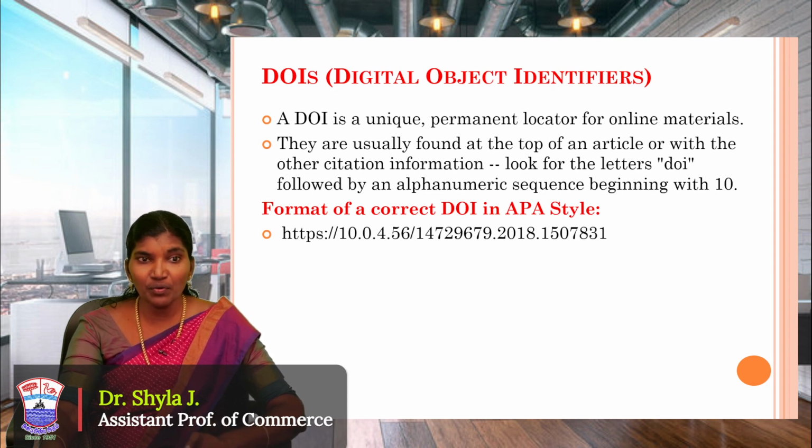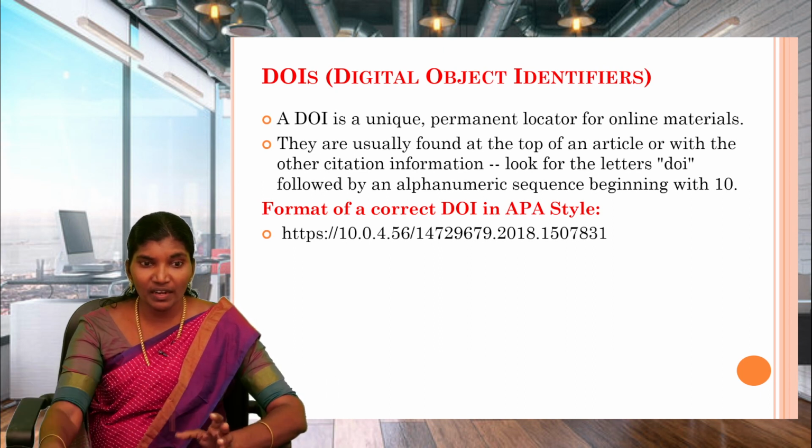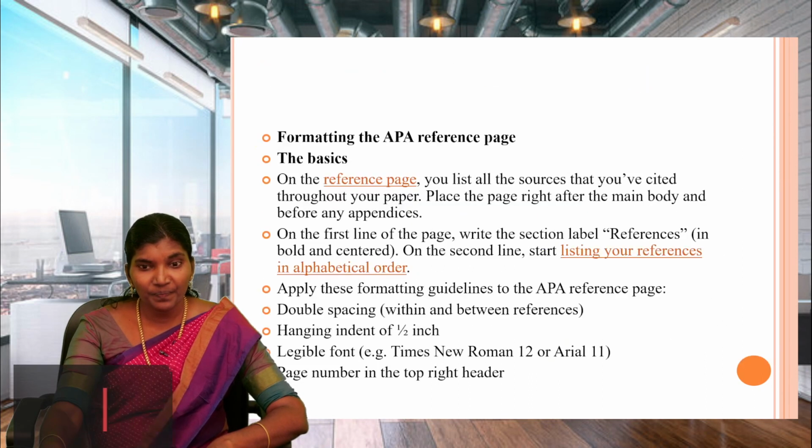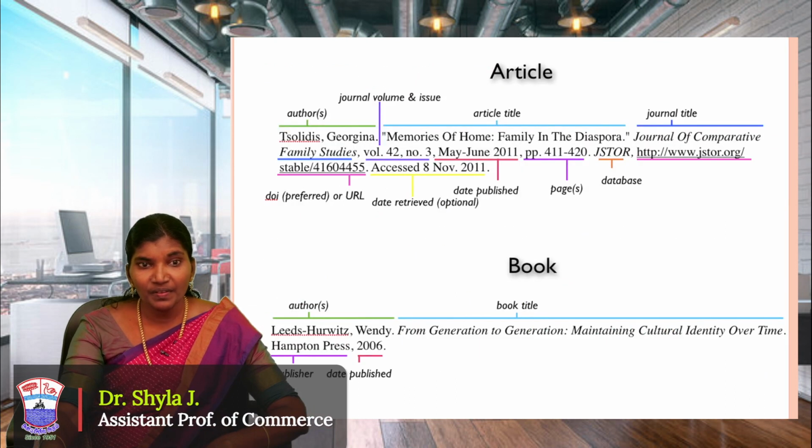So this DOI number you can mention along with your reference. Here I just put the model of DOI. Another example I have mentioned here is the APA format, which is written as the author's name, and